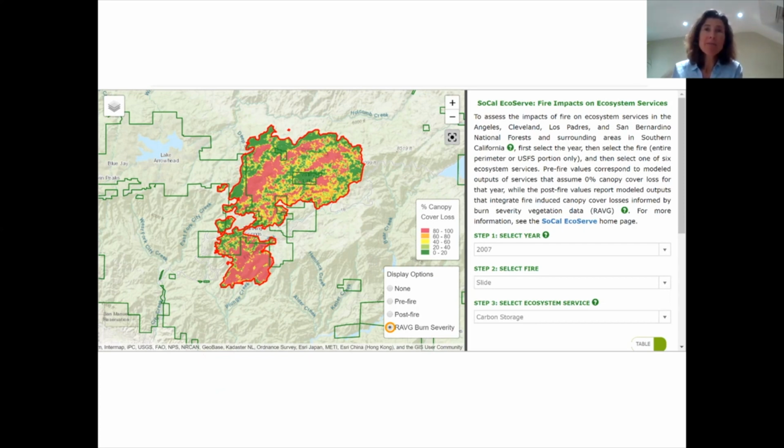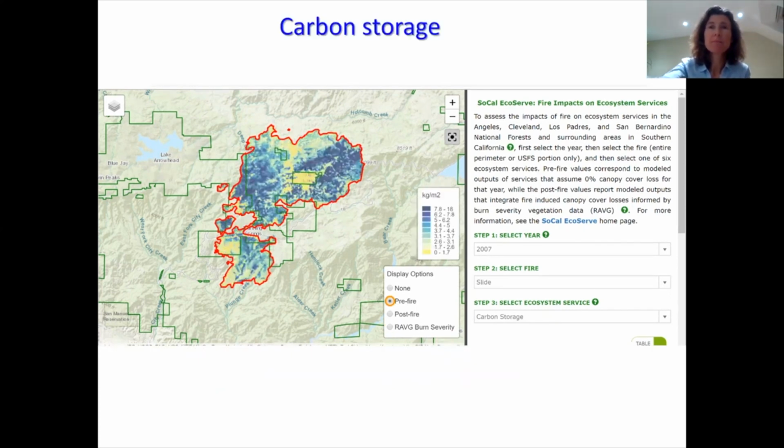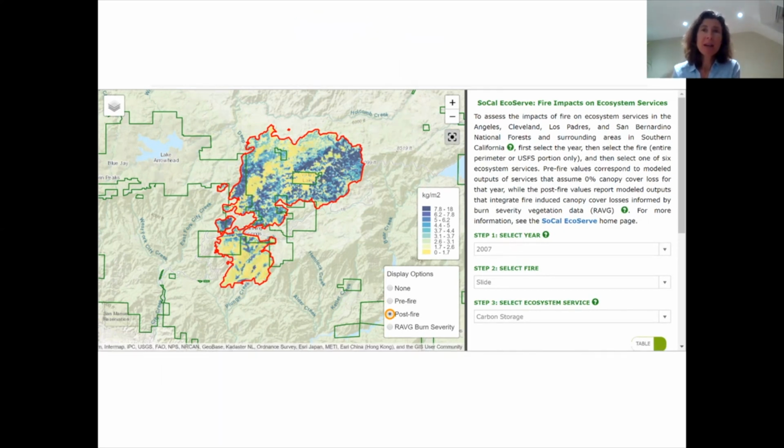So we can see areas in red have had between 80 to 100% canopy cover loss. And then we can toggle between the pre-fire data, which is showing relatively more areas in blue, so with higher carbon storage. We can compare that with this post-fire map that has more areas of yellow on it.